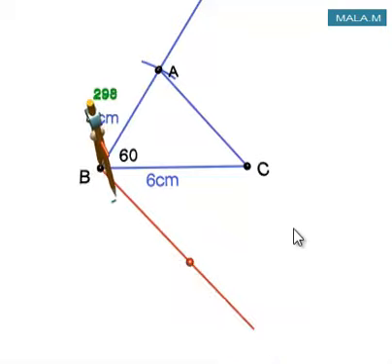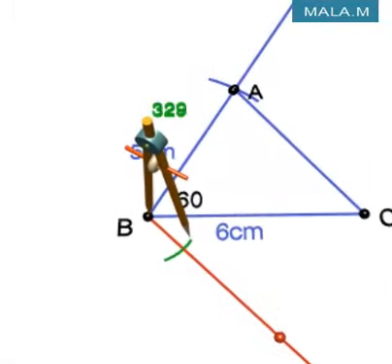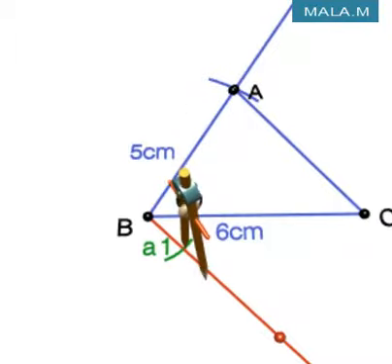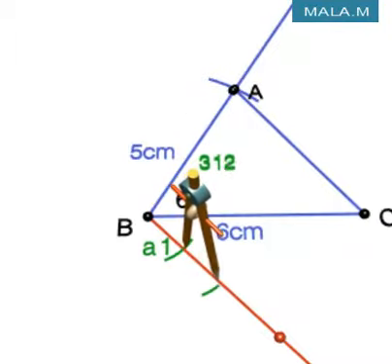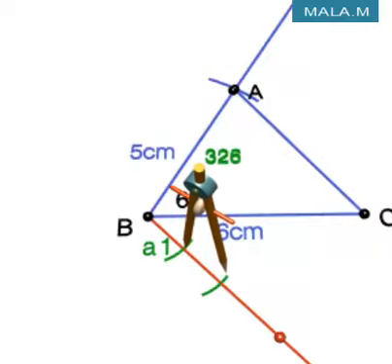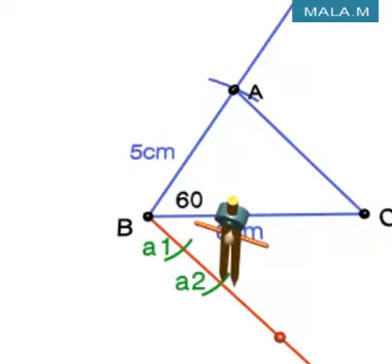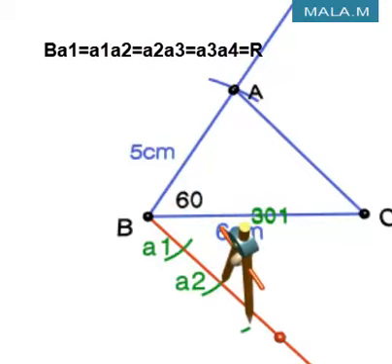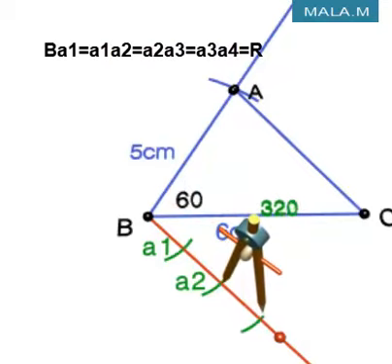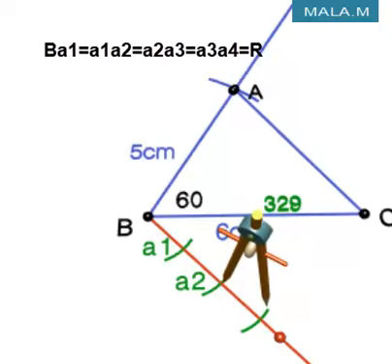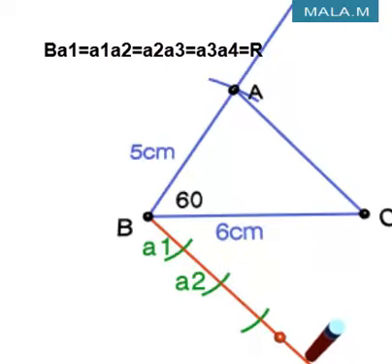Now, as per your convenient measurement, take a radius length in the compass and draw an arc by keeping B as center like this. Name that arc as A1. Now, keeping A1 as center, draw one more arc and name that arc A2. Here, BA1 is equal to A1A2. Here, the radius should not be changed. Note this point, children, very carefully. You should not change the radius of any arc which is constructed on this ray.